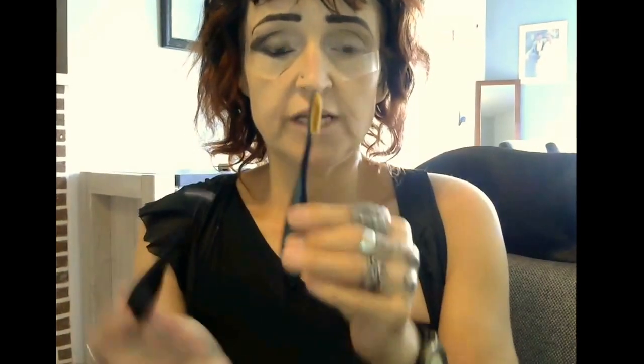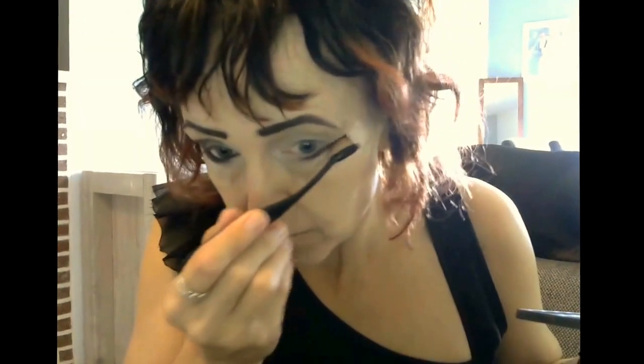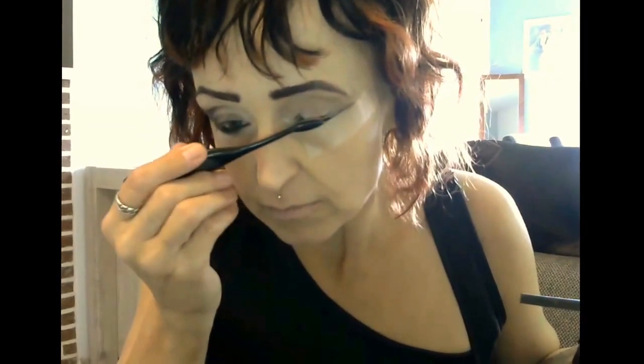Now for the other side, I can take either one of these or I can take this one, but I am just going to use, you can take the round one, you can take whichever you like. I am going to use this because it already has the black powder on it. On the inner corner, over the lid and into the crease. Making the outer V